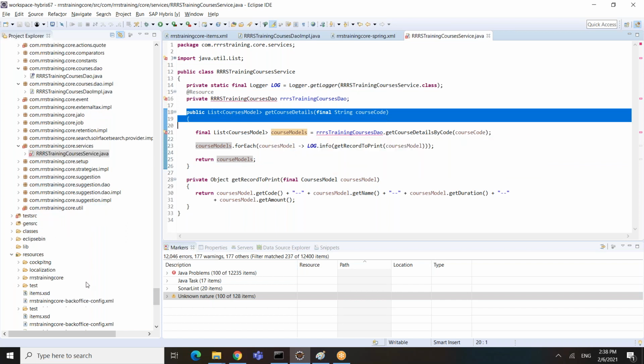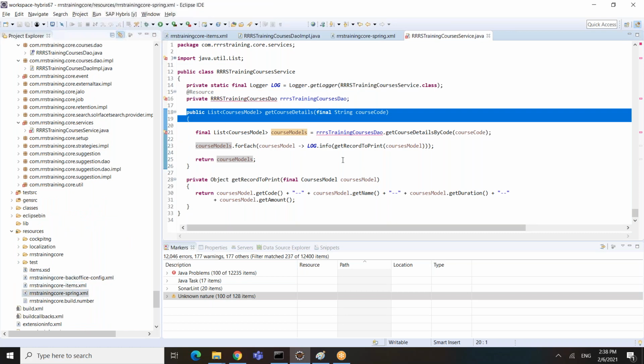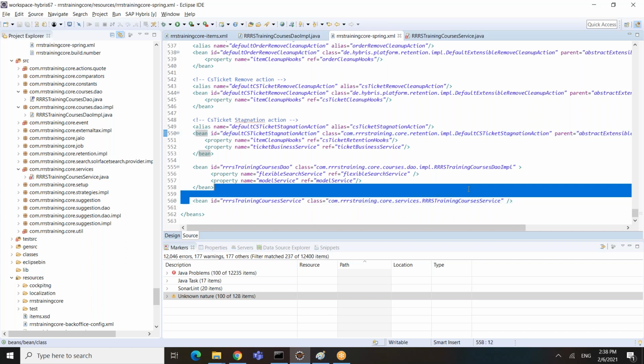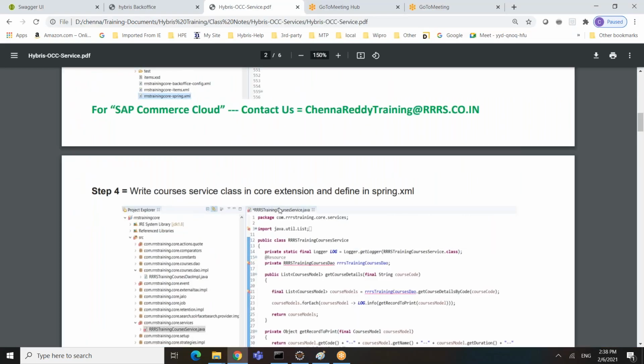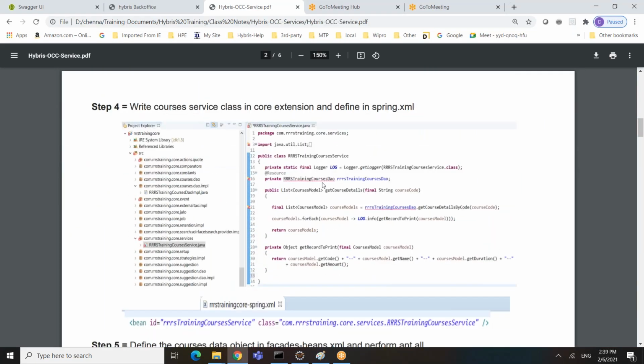And of course you need to define this service again in the spring.xml. So you can look here, I define the bean ID, class equal to RRS training courses service. So you need to define it in the beans.xml once you write the class. So now I am done with the service class, which is step 4.